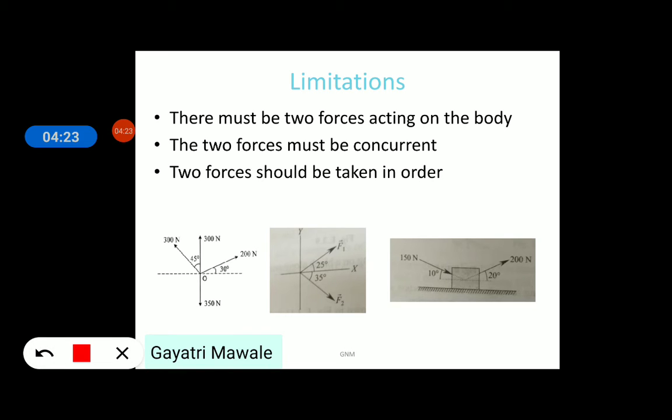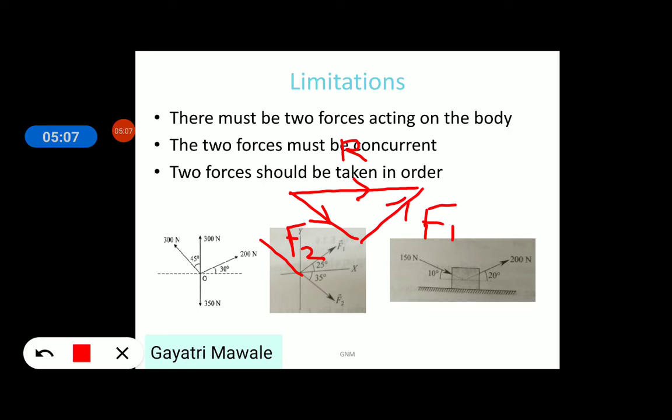To apply triangle law of forces, we need to draw a triangle. In that triangle, show F1 force as it is and take this F2 force, transmit it in opposite quadrant so that the two forces F1 and F2 will be taken in order. Then the closing side of this triangle will give us resultant of two forces taken in opposite order. So resultant of the two forces will be like this.